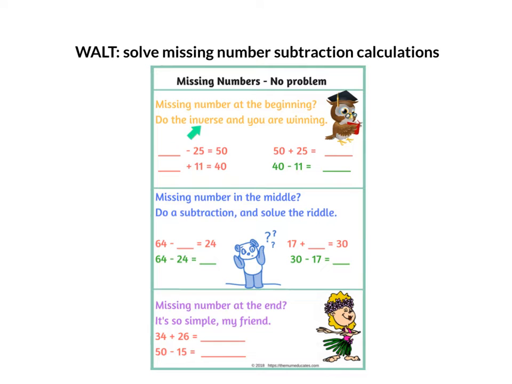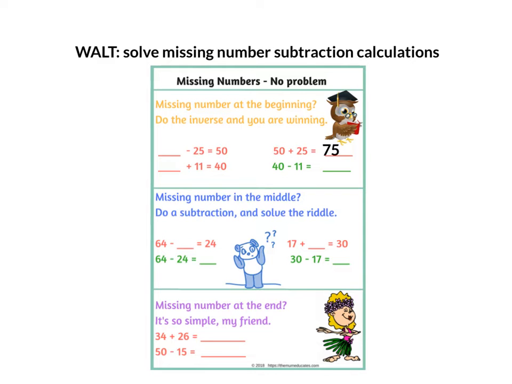So if you remember the inverse, if you think back to our beat that's when we used to have to come up with our fact families, inverse is the opposite of something. So here we have the sum blank take away 25 is equal to 50. So the inverse of that, the opposite, to solve for the missing number is you would have to turn this into the opposite. So instead of take away 25, you add 25. So the answer would be